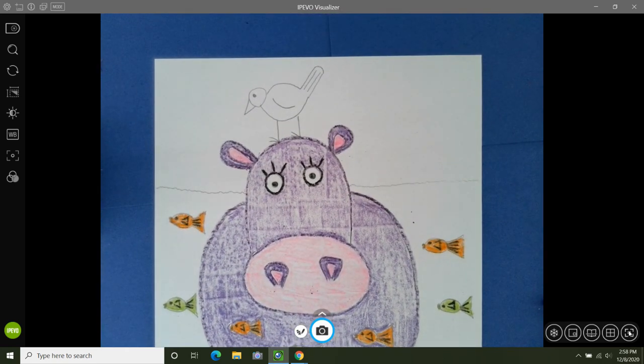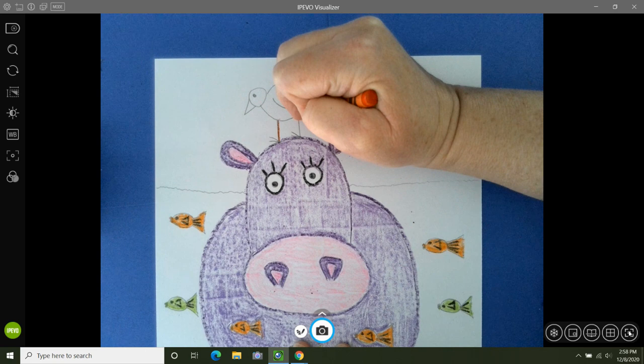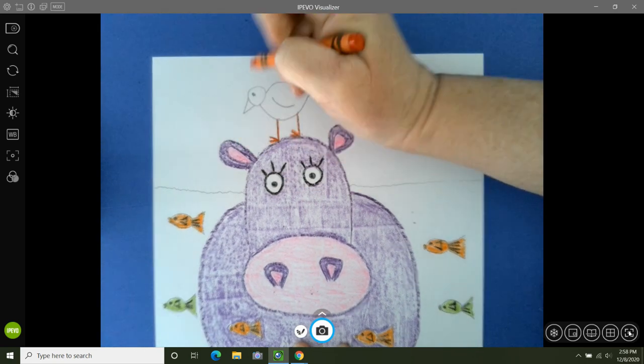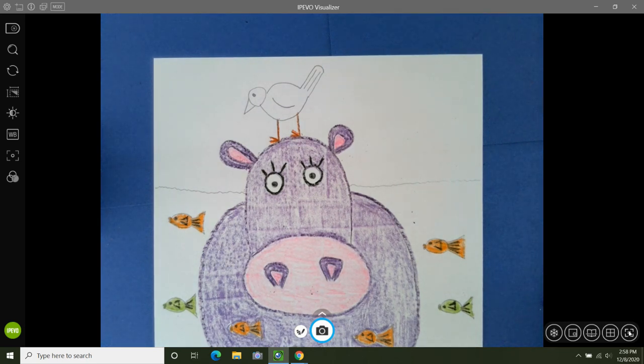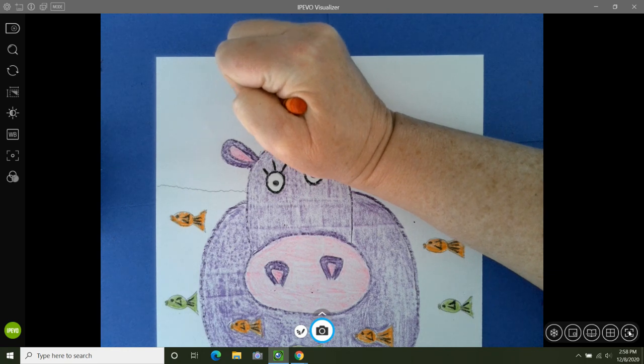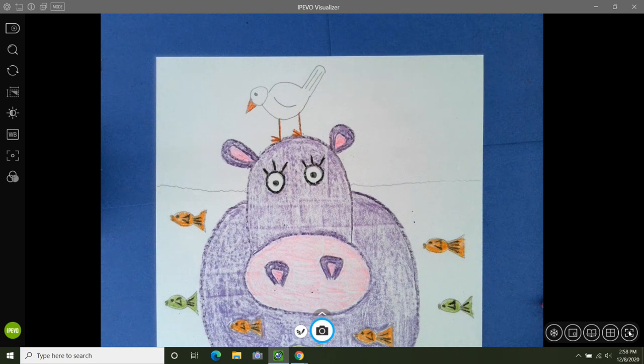Now let's look at the bird. You can color the bird any color or colors that you'd like. So I'm going to color the legs and the feet first in orange. And I'm going to color the beak orange. I'm sure some of you decided to use yellow. And then let's see, when it comes to the bird,